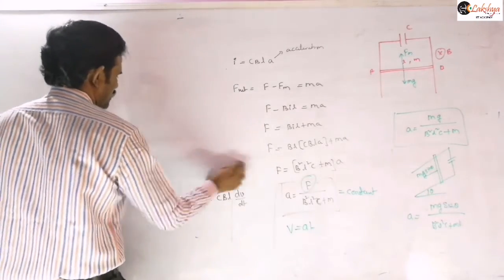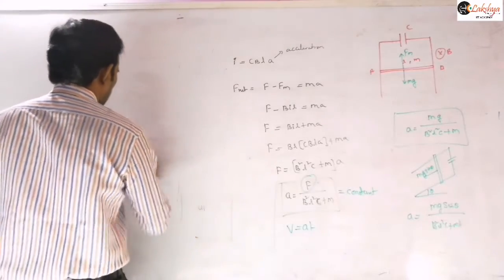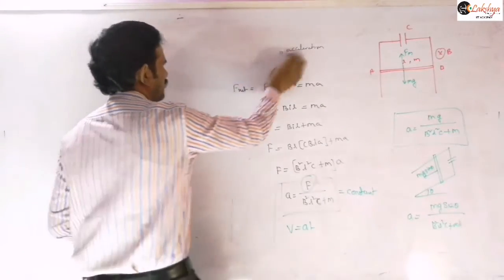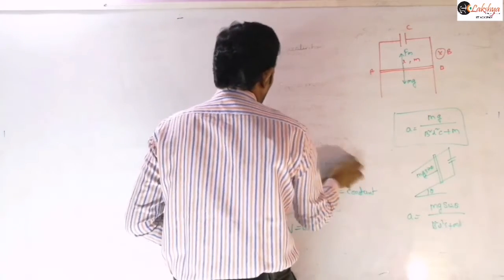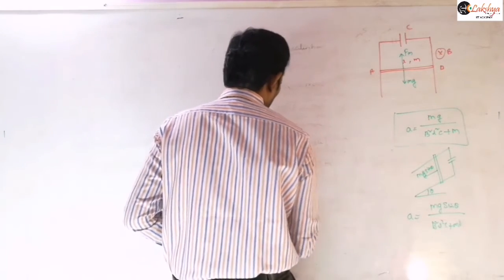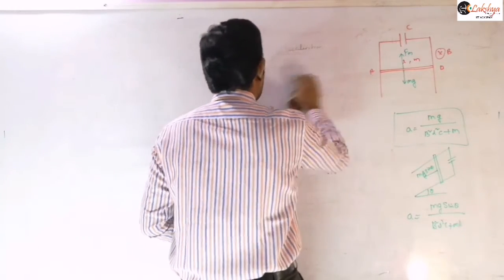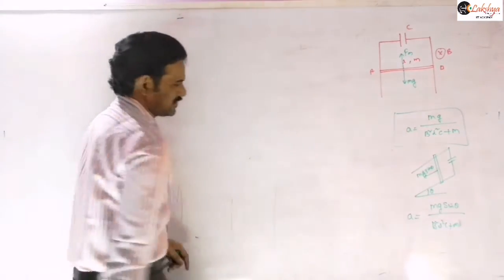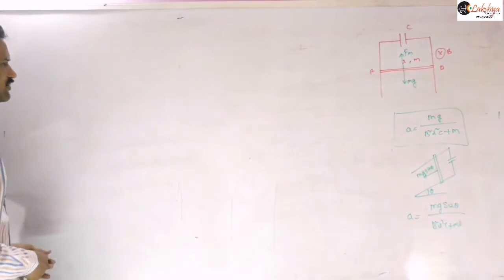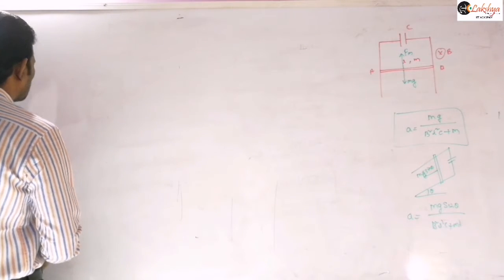Next, sometimes, up to now we considered motion of the rod in uniform magnetic field. So sometimes there may be a situation where the rod may move in a non-uniform magnetic field. So in that also our procedure will be, we write for a small element the induced EMF, and then you need to integrate that equation. Like simply I will give you an example here. So simply you can consider the case like this.